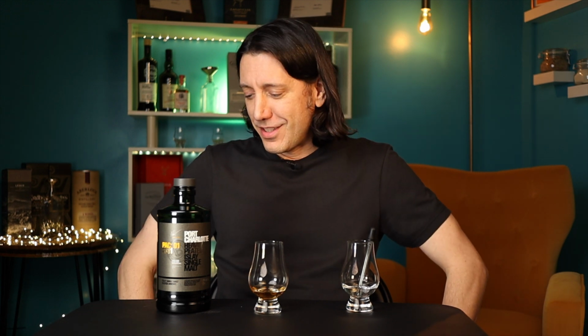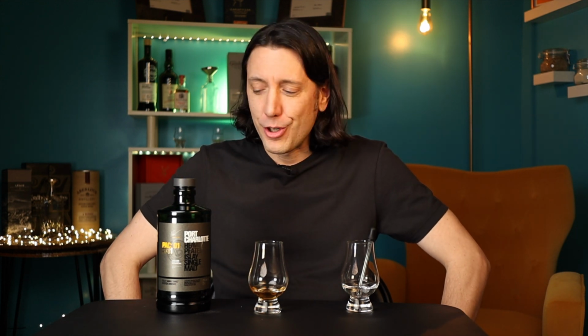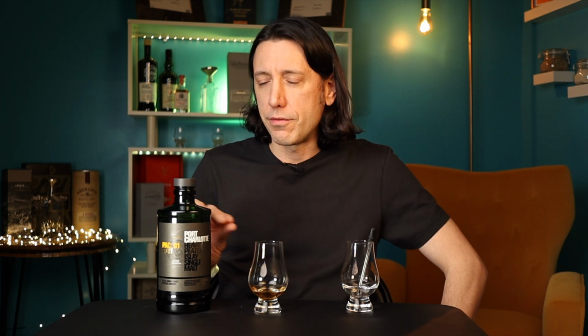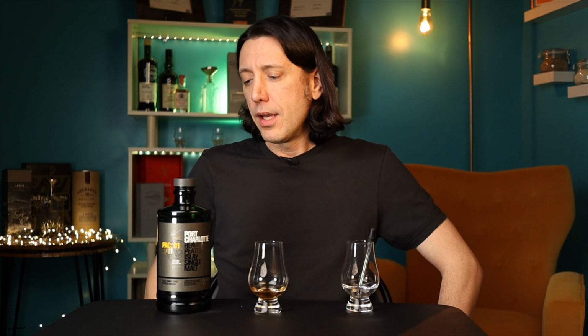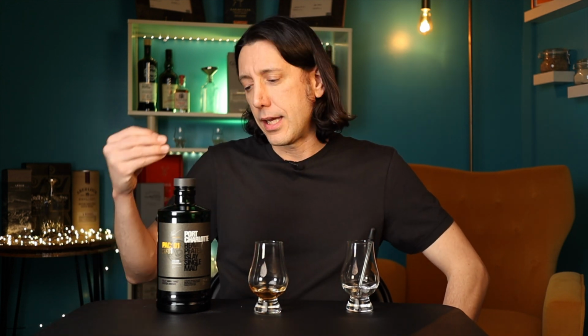In this case, it's kind of like the alternate, night version of the 10-year Port Charlotte. The citrus is still here, but instead of lemon, it's now orange, and it's got this nice balancing note of just a little not too sweet with it. I'm getting more vanilla, then the sweeter honey and the type of stuff that I